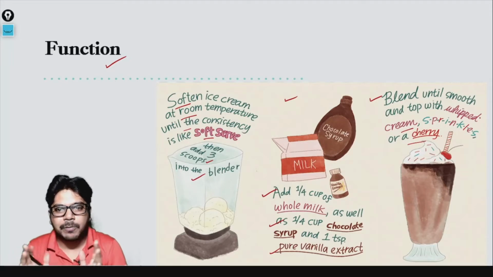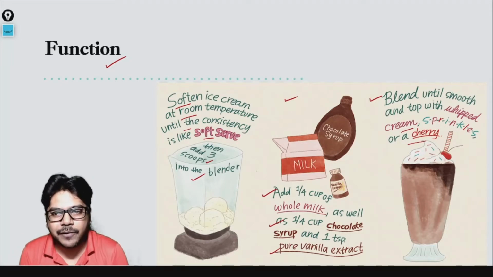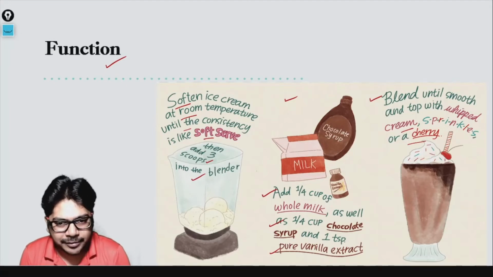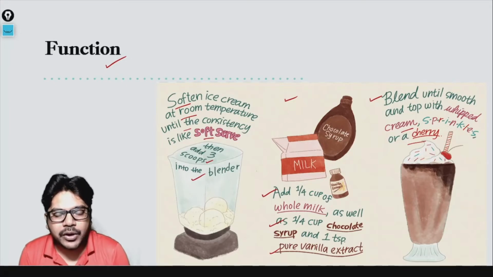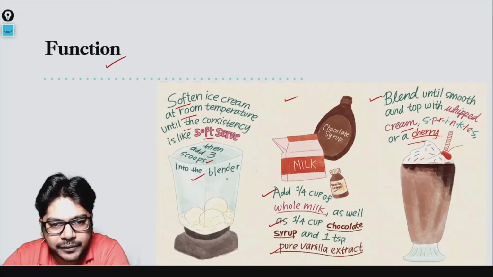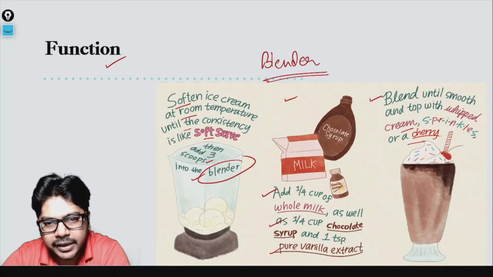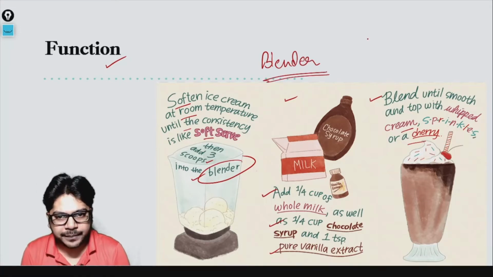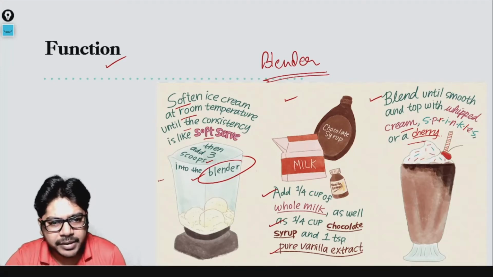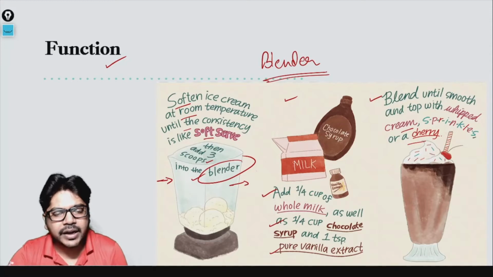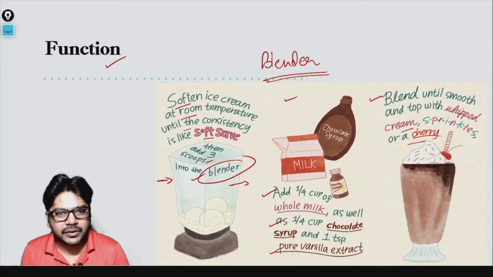Right, so this is the whole process. This is basically the whole recipe of how you make a smoothie. But now what I want you to understand here is that there is a word here called blender. Right, you all know what a blender is. A blender is like a mixer grinder. What it does is it mixes up the things. So what you are doing here is giving some ingredients into the mixer grinder, and what it is doing is mixing up the things for you. This is what this blender is doing.